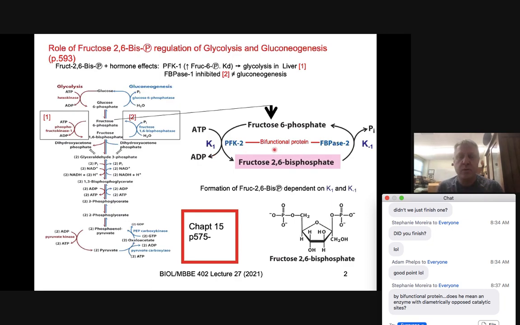So a bifunctional protein, a Janus molecule, is making the fructose 2,6-bisphosphate along with the hormonal effects, and it could be insulin or glucagon, and we're going to change what the system is going to do. So when we have fructose 2,6-bisphosphate at a given concentration and a hormonal effect, we're going to see the change in the KD of phosphofructokinase number 1 in regards to its allosteric modulation, to really do its particular job,